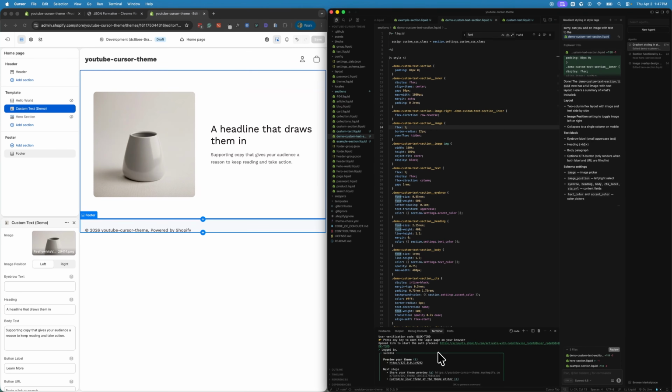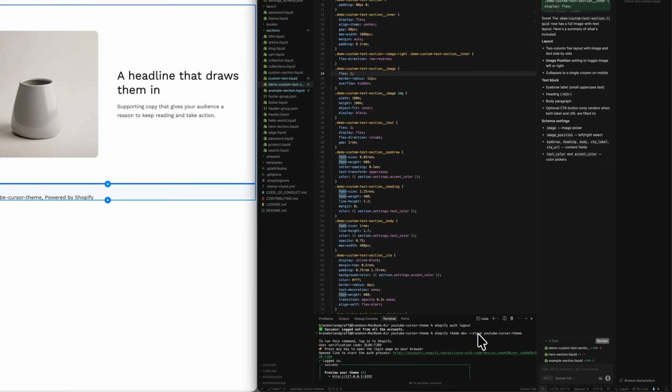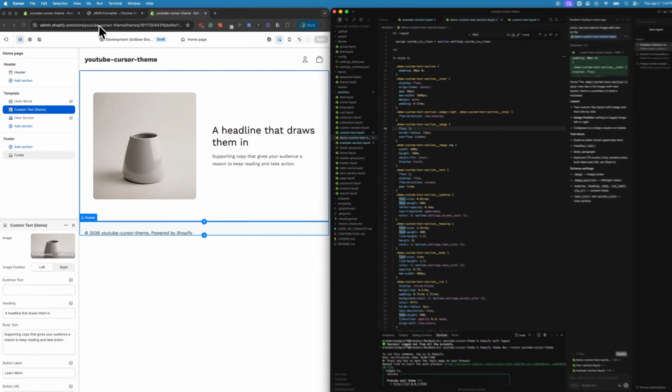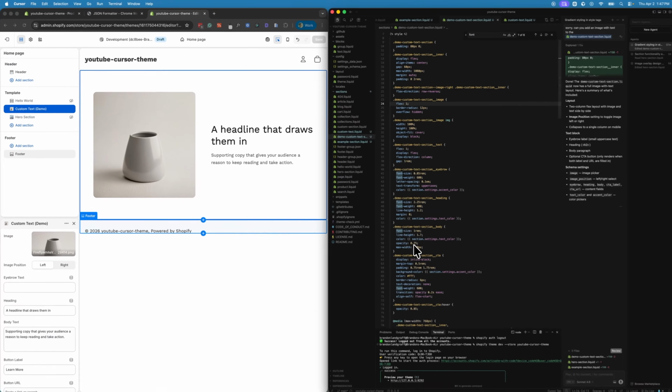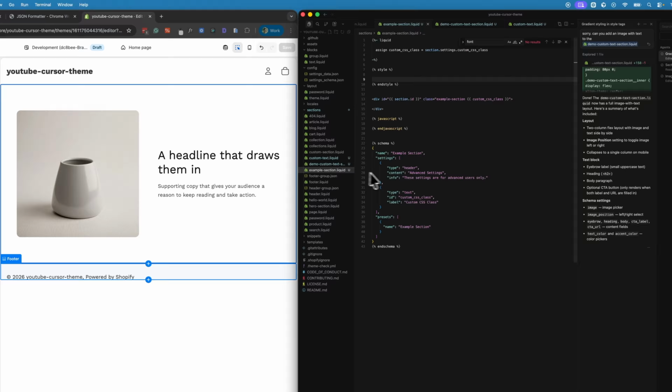With that being said, I have opened up Cursor and my development Shopify store, and I've run my Shopify CLI by doing shopify theme dev --store and then the handle of my store, which can be accessed over here in the URL. Now to develop this section, I like to start with some boilerplate, and it comes from this